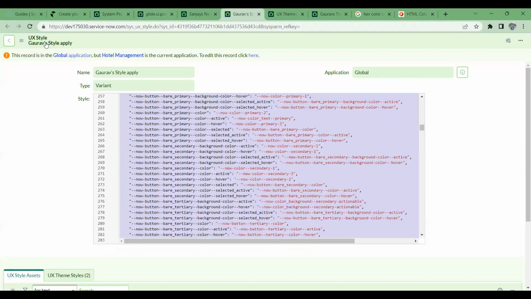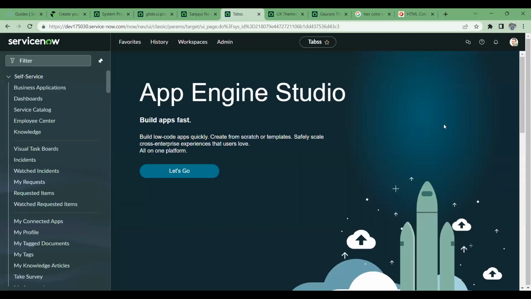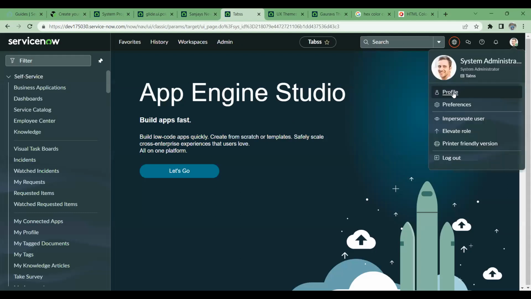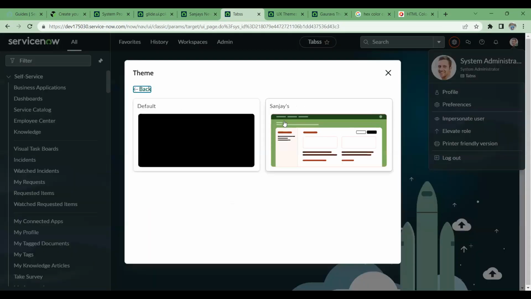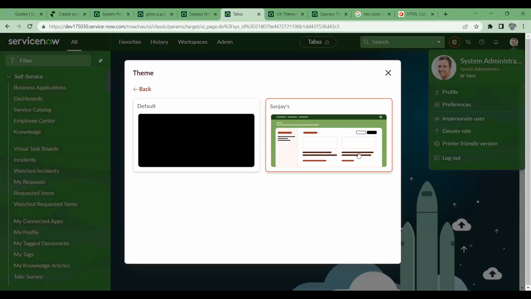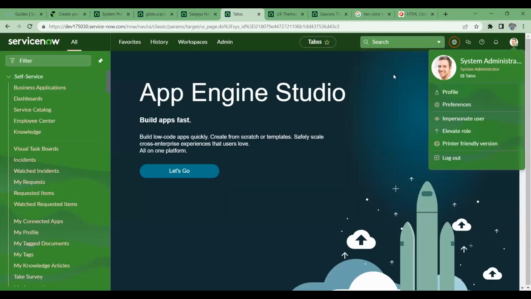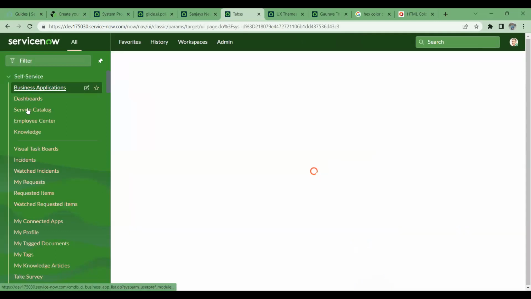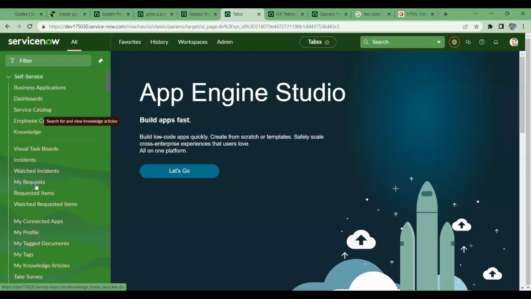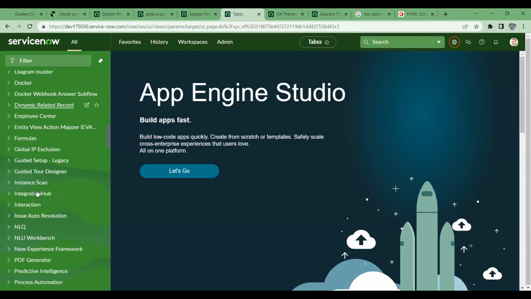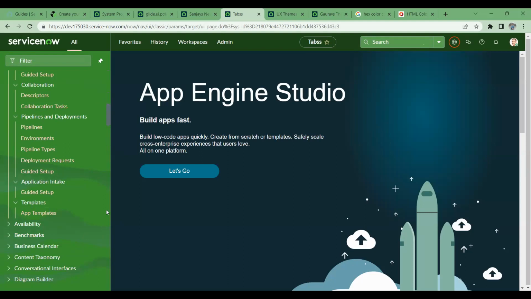Correct. Now I'll refresh it. I'll check it. Save. You can see it's changed my theme over there. Now here is the Sanjay's. Correct? I'll apply it. Close it. Now you can see the changes. Whatever color we have applied, it's showing. Correct? If you see here,